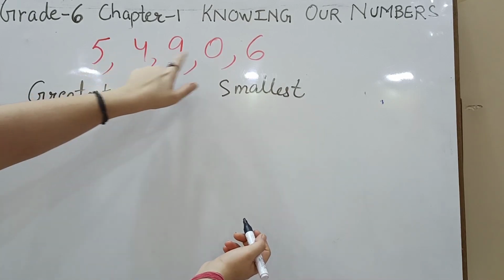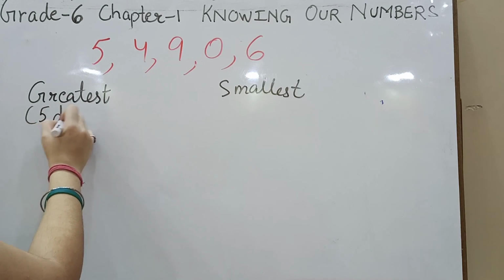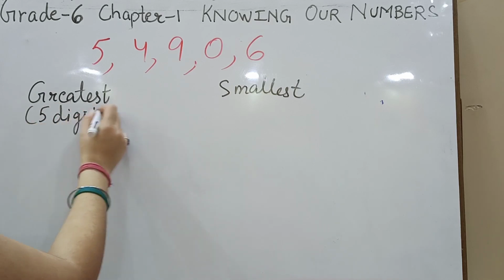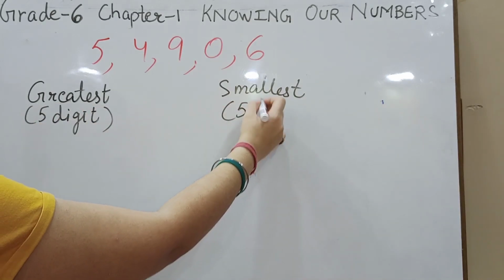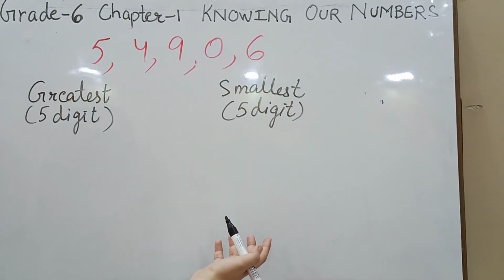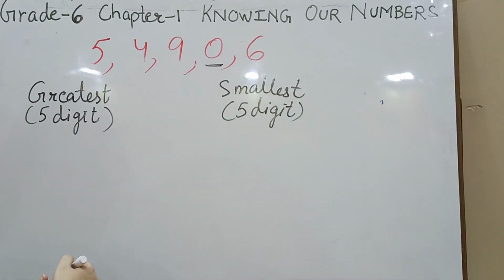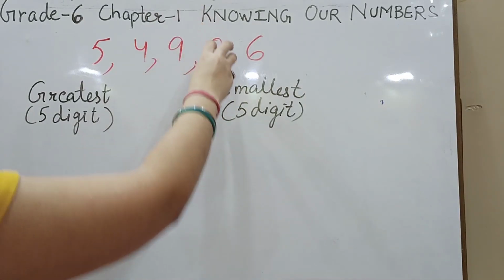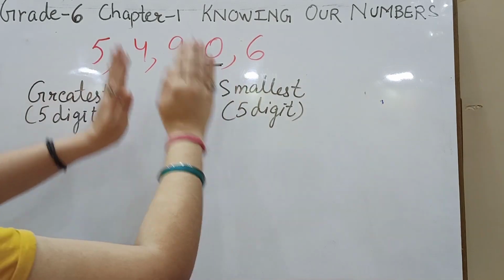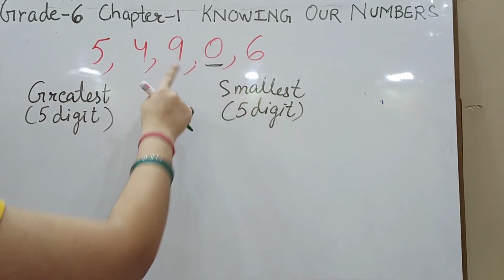If I say 1, 2, 3, 4, 5, greatest 5-digit number and smallest 5-digit number. आपको कुछ भी नहीं करना है. आपको ये नहीं सोचना है कि 0 is something where should I place or where should I not place. Remember, whenever this 0 comes in forming numbers, you need to put that 0 at one place. उस 0 की पोजीशन को फिक्स कर दो. कोई इशू नहीं होगा. आपको पता है 5-digit बनाना है.